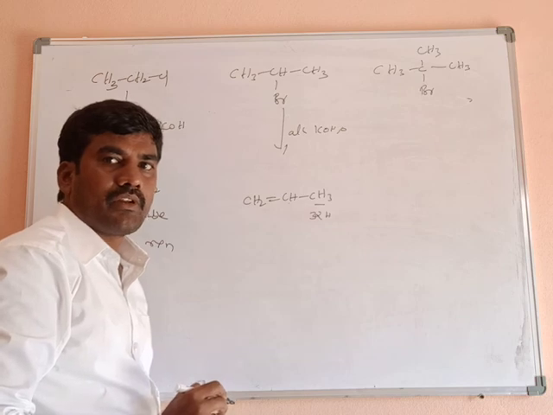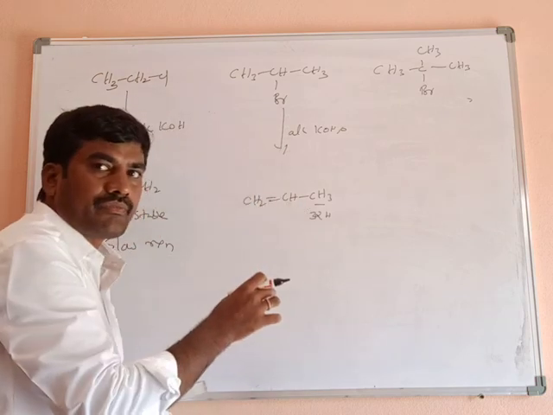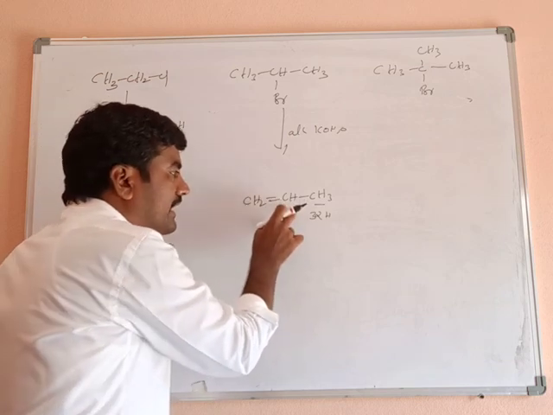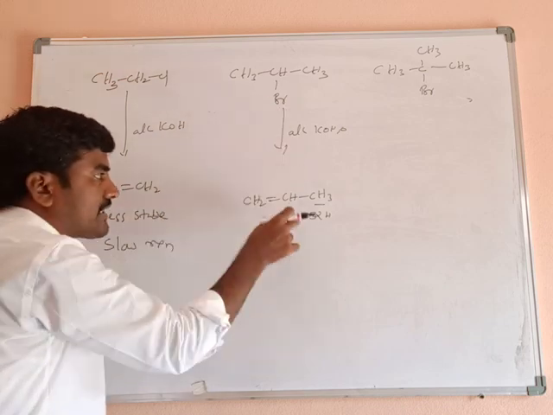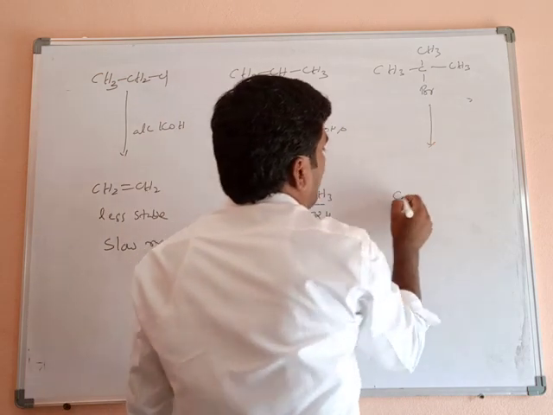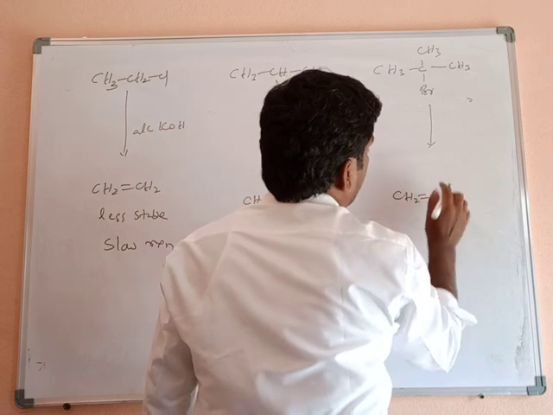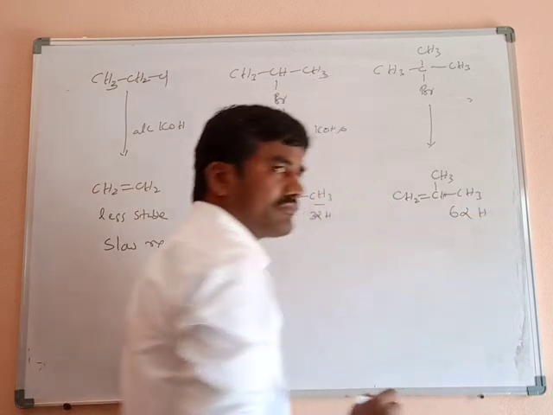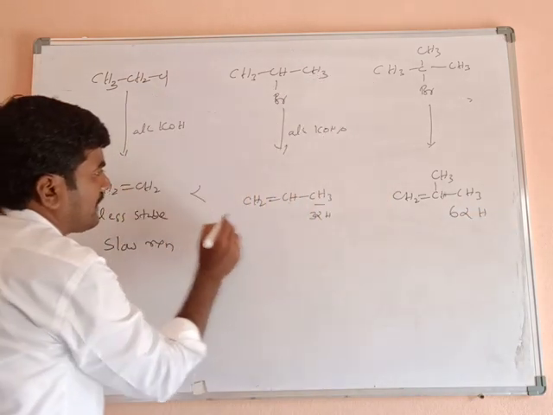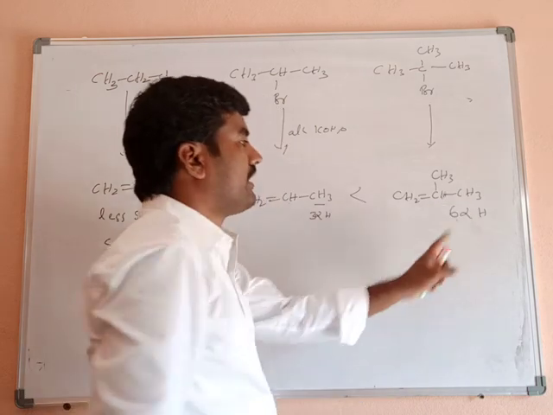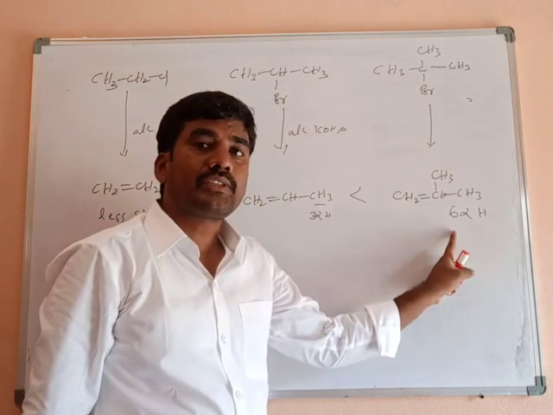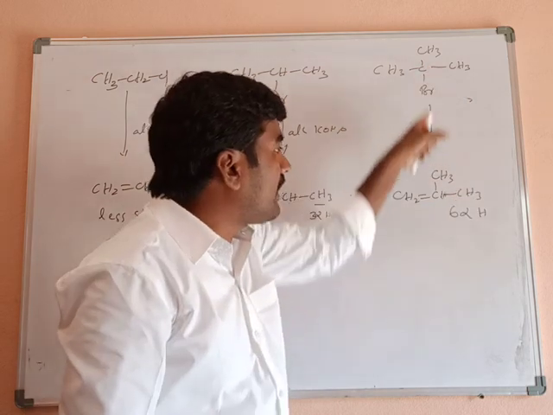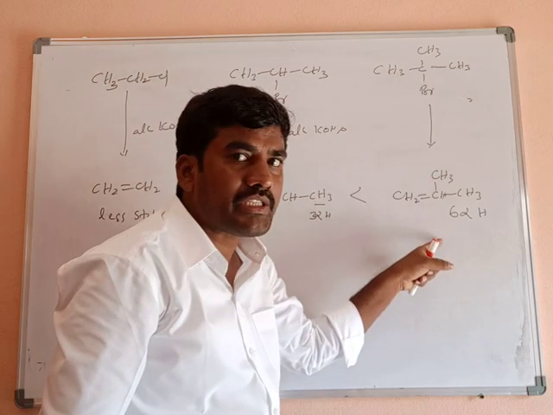So it is stable. Stable means the rate of reaction is fast. Clear? The rate of reaction is directly proportional to the stability of the alkene. Now the stability of this alkene is greater than this alkene, so it is a faster reaction. What about this? We will get here CH2 double bond C with CH3 and CH3. How many alpha hydrogens are there? 6 alpha hydrogens are there. Now this one is lesser than this, so this is more stable because 6 alpha hydrogens are there. Due to the presence of 6 alpha hydrogens, it is highly stable. So the rate of dehydrohalogenation is very fast.